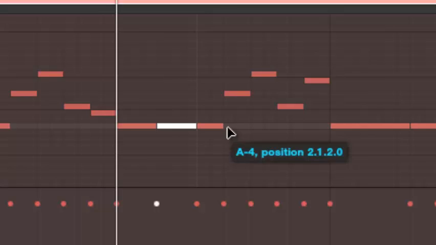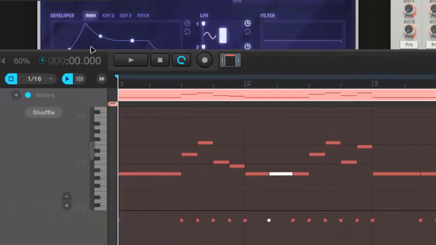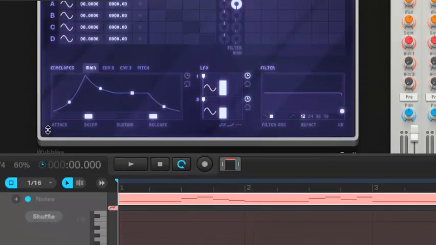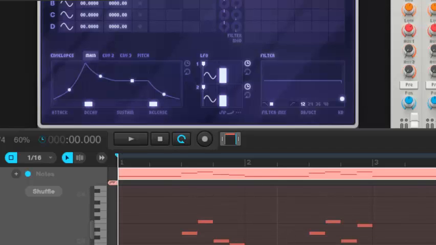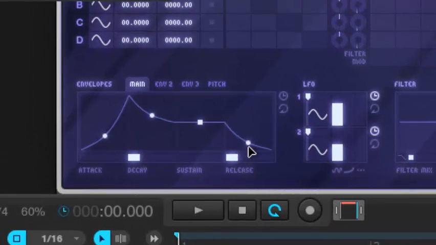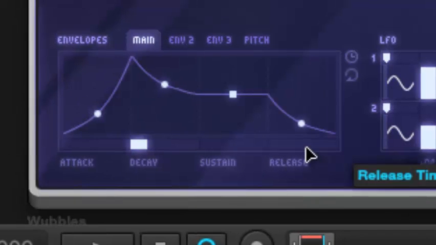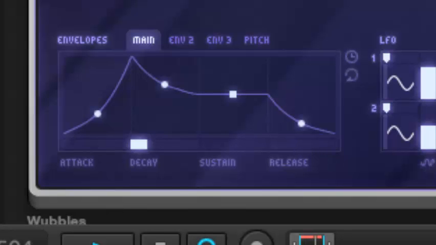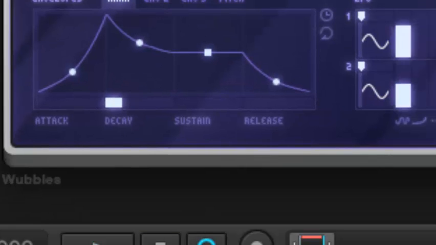And then if you extend it to make it dotted eighth notes or just fill in the rests, it sounds kind of cool too. For wubs, rests are sometimes bad. Okay, so first things first, like I just did, you want to put your release all the way down. Alright, now, next thing you want to do